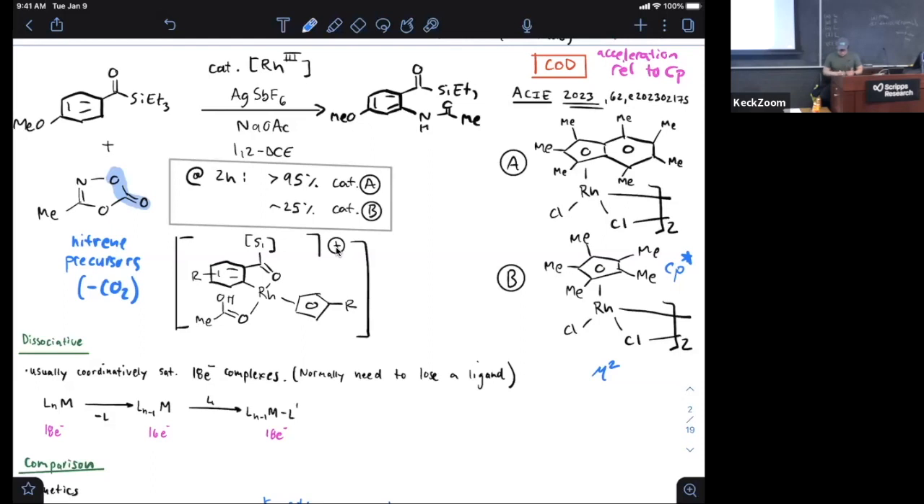And as the explanation for this, the authors invoke post-CH activation that the indenyl* versus Cp*, the indenyl* is able to open a coordination site to allow this nitrene precursor to coordinate, whereas for the Cp*, that process is higher energy and thus slower to take place. And so that is an